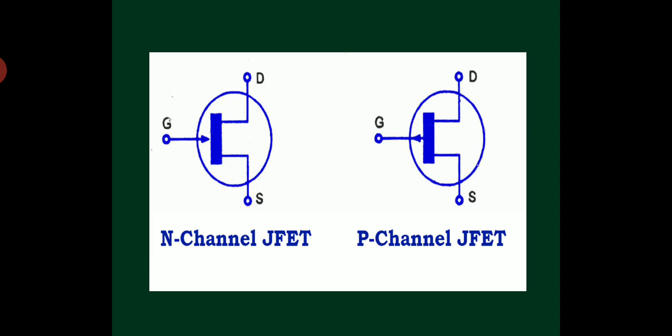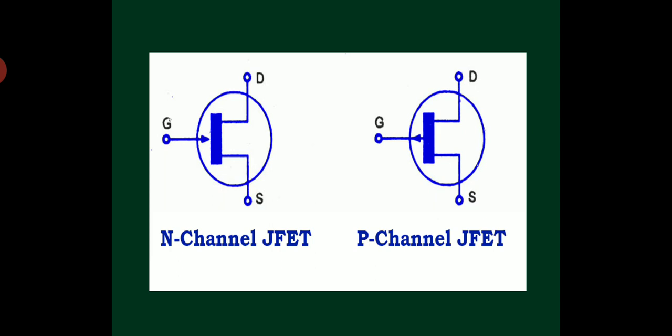Likewise, in transistors we have NPN and PNP in BJTs. In FETs also we have two types: N channel JFET and P channel JFET, junction field effect transistors. The FETs are classified further into MOSFET, MESFET, IGFET and so on, and I am going to deal with JFET and MOSFET only. In this session, I am going to deal with P channel JFET only, as I covered N channel JFET in my previous class.